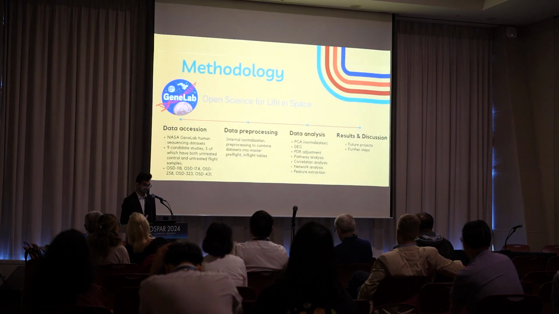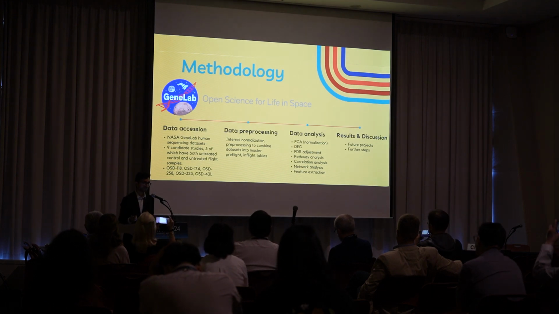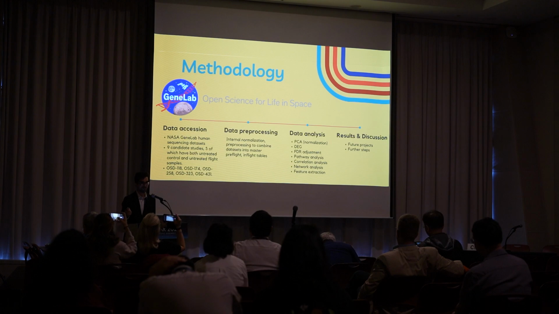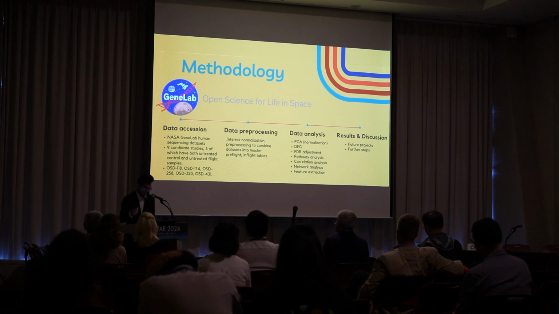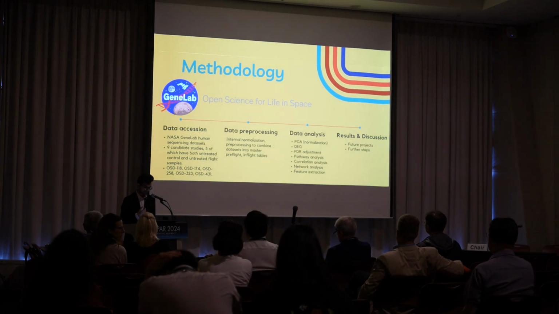So because spaceflight is so expensive and difficult, one of the main issues that we face in space medicine is the number of samples. The twin study is a famous example of this. It's one of the most detailed analyses ever done on the human genome, but it's only an N of 1, right? So the conclusions we can draw from that study are very limited. And so for that reason, we also attempted to develop a way to combine multiple Gene Lab studies for this